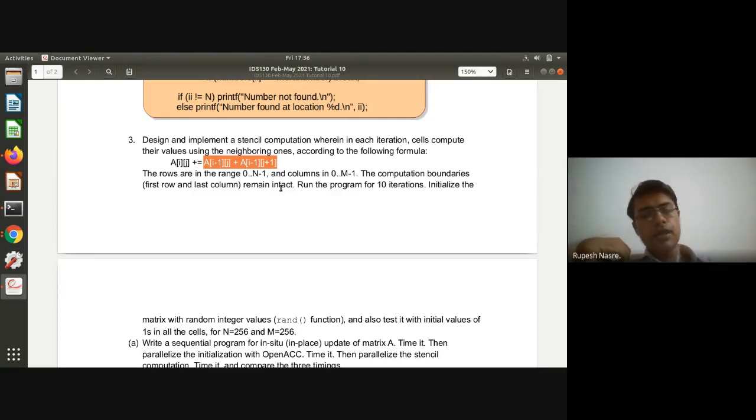So if you have a separate array, then all of A becomes read only, and then you can read arbitrary values from multiple places. Therefore the parallelism is not restricted to a particular row, but you can have parallelism across all rows, which means essentially all the m cross n matrix. If you have enough threads on the GPU, you'll be able to compute it in one step from A to B in one iteration, right?